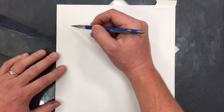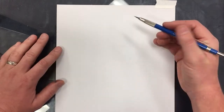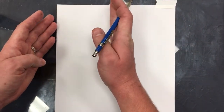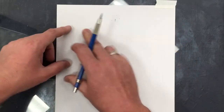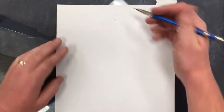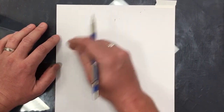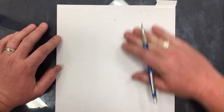So when we do our shading in class, we want to make sure that the paper is oriented in portrait. Now I've got the bottom half of the page kind of hanging off the camera, but that's okay. The reason this is important is because it's easy to divide this page in half, and we can just make a small mark here that divides the page in half. I don't want to fold it and I don't want to draw a line, because I want to shade and not have any weird bumps. We want a nice flat clean surface, and